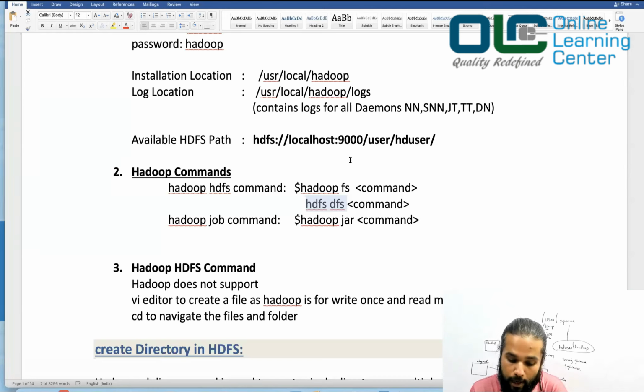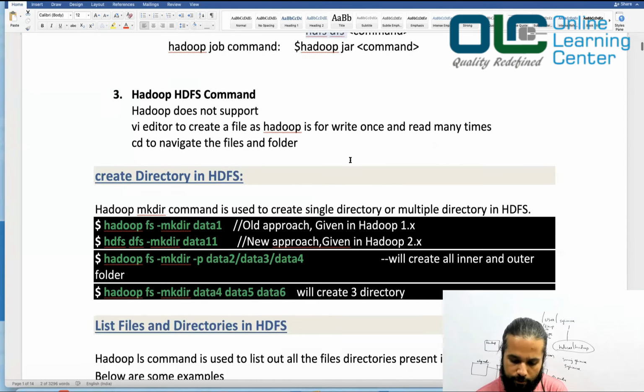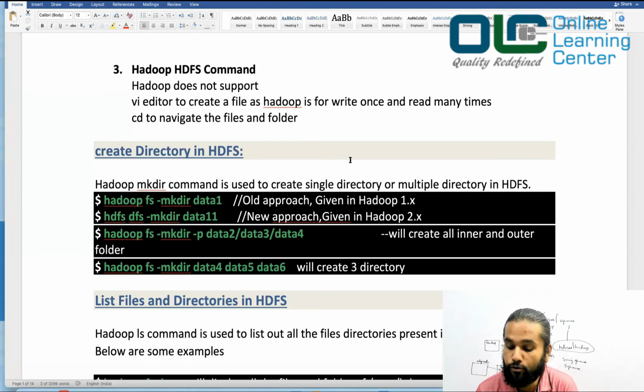So now from a programmer point of view, you will execute a few commands to interact with the file system, like storing the data, or maybe removing the data, or creating a directory, uploading the files, bringing the files, right? Those are the things you will most likely do. And the other thing you would do is probably run your job. Okay, so we will see that as we move on with the program. So let's move on. HDFS commands. So now we are going to learn that, right?